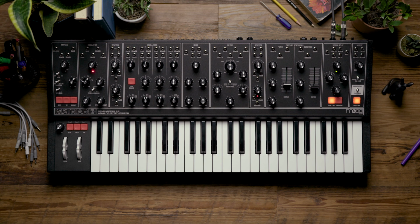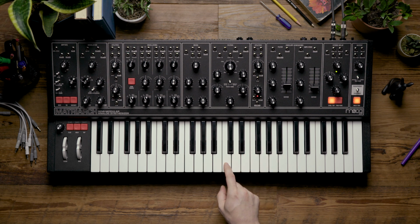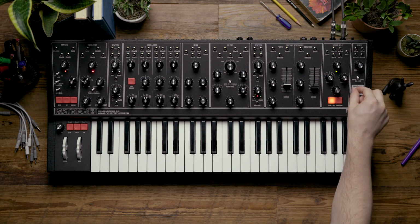To explain, chord memory allows us to input a chord shape and be able to play that chord back from a single key, as well as transpose the chord around the keyboard. To do this on the Matriarch, there are a few approaches to take, the first of which uses 4-voice mode